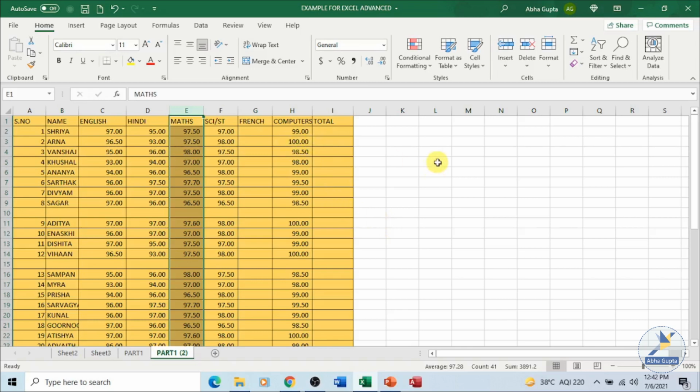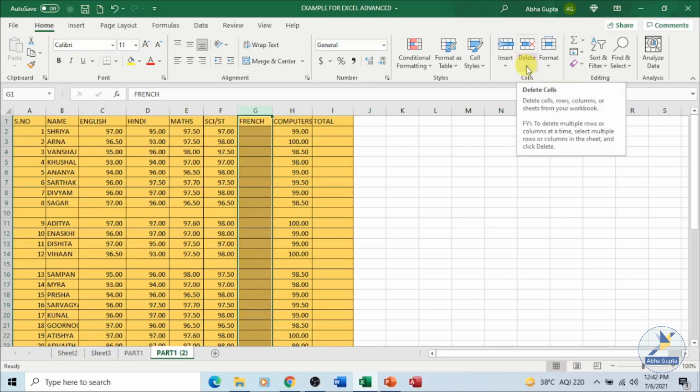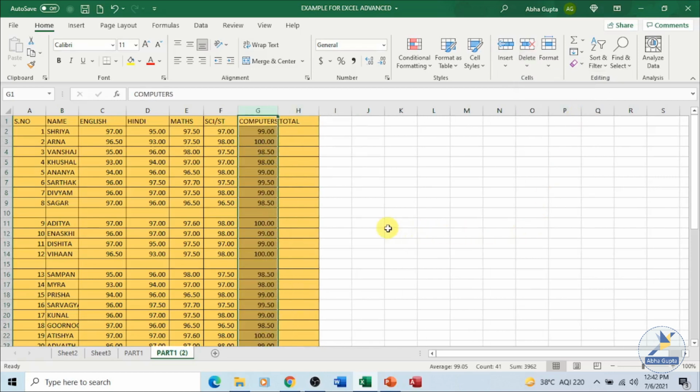Second method of deleting the column is you can select the column. In your home tab under the cells group, you have the delete option over here. Click on the drop down. From here also you can delete the column. Click on delete. It will remove the column from your worksheet.